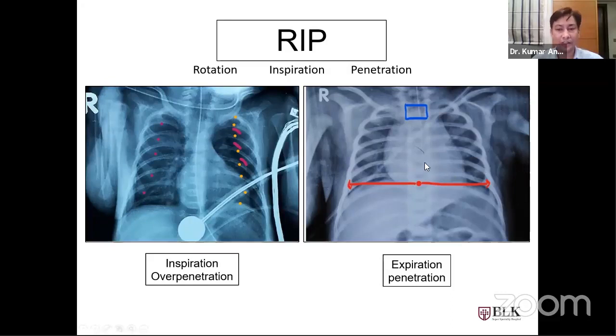So if the vertebra is easily visible, that means the penetration is adequate and optimal. If the vertebra is not visible behind the heart, that means it is underexposed, like in this view. And if it is overexposed, you will see lots of lucency in front of the vertebra, mainly the thoracic vertebra and the heart. So that is what we call an overexposed X-ray.